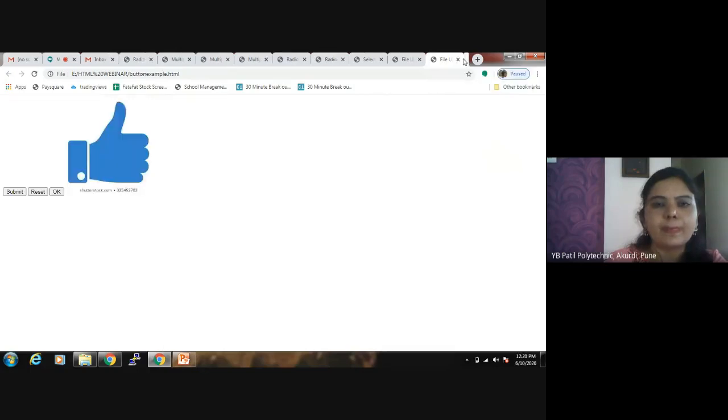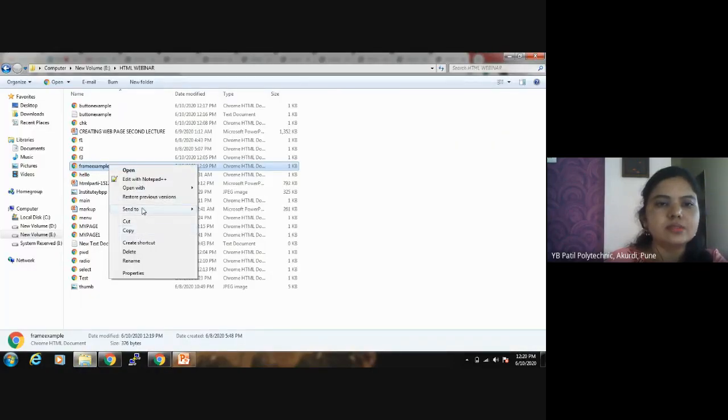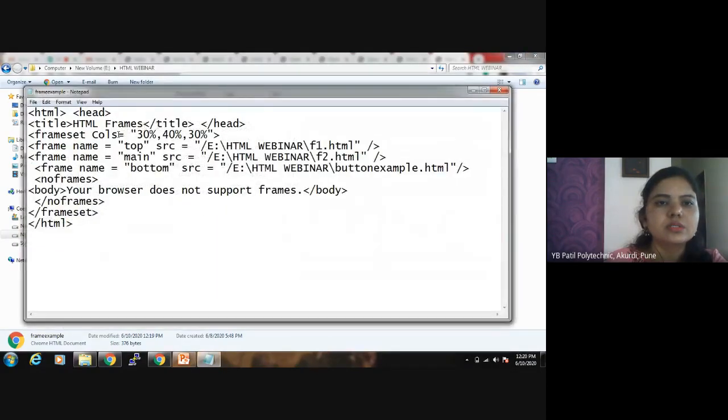Then if I change the code, instead of columns, if I write here rows, so what will happen? Rows, and I am going to change here 40 and here 20.